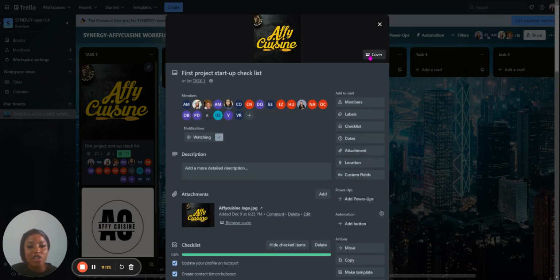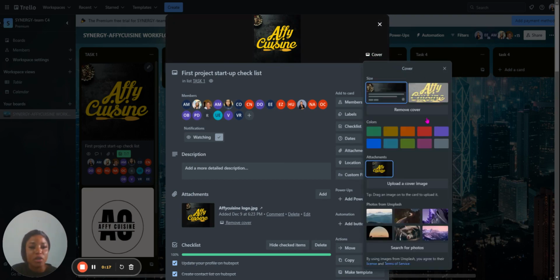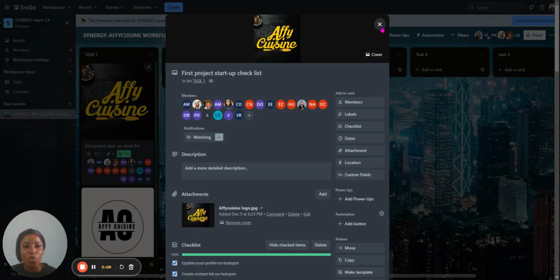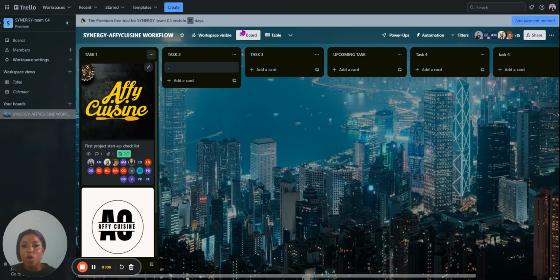You can change this cover page if you want. You can change it in this option. You can change it to a color, or you can upload your image here. You can do a whole lot more with this board if you want. When you're done with the task, you can archive it by right-clicking on your